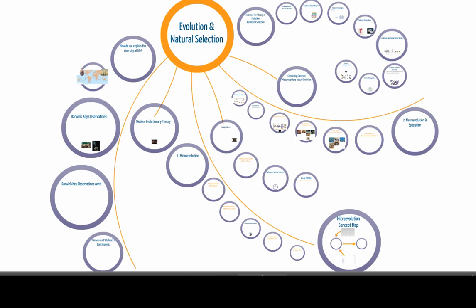And this is a biology class, and so what I expect from this class is for you to be able to understand the theory of evolution by natural selection and be able to explain it. But this is not an attempt to convert you to some sort of viewpoint or to challenge religious beliefs. Instead, I just want you to understand the best scientific explanation we have for the diversity of life right now.